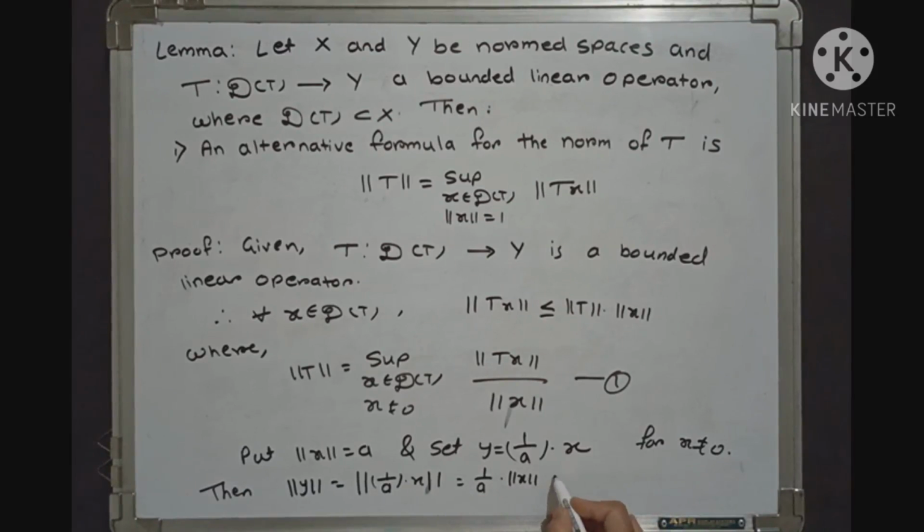Putting the value of a, which equals the norm of x, we get the value of the norm of y equal to 1. Now since the norm of y equals 1, we put this value in equation 1. We get